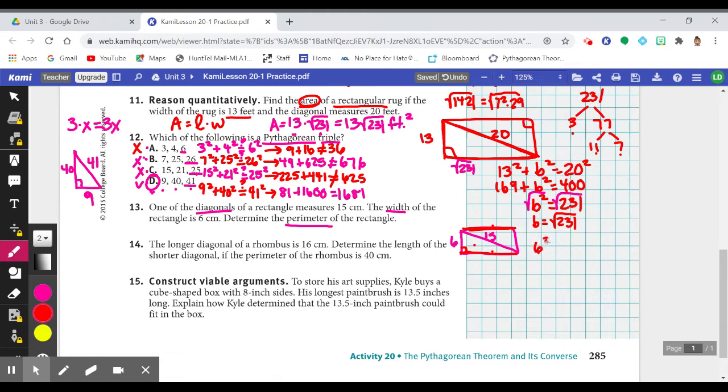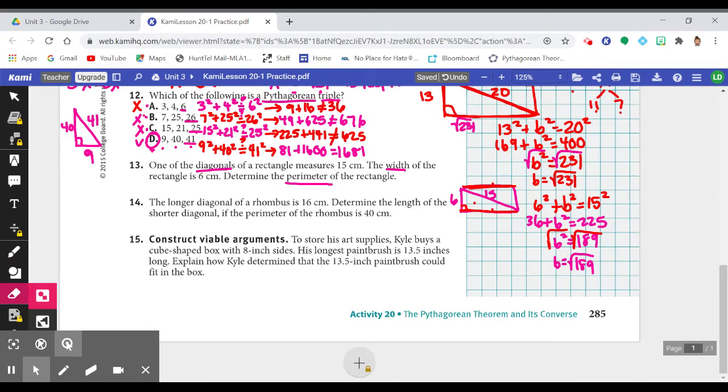So we'll plug in 6 for A. We'll say we're solving for B and plug in 15 for C. So hopefully we found that B squared is 189. So B is equal to the square root of 189. So if you're taking a moment to try to figure out the largest perfect square factor, or possibly doing the factor tree, you should get,